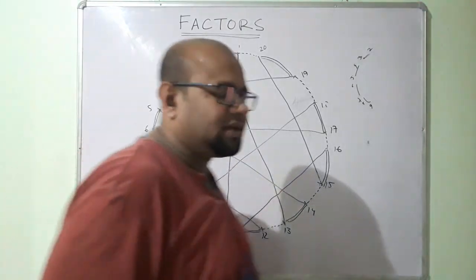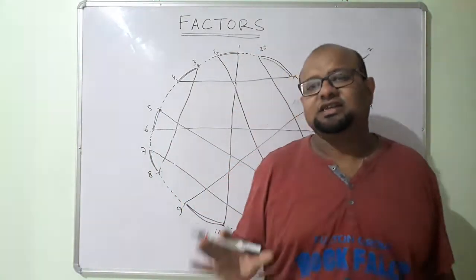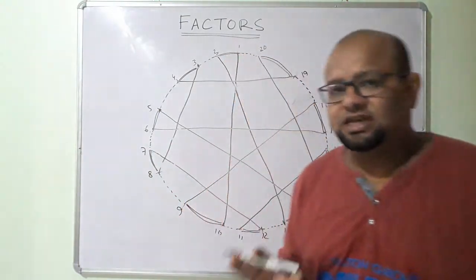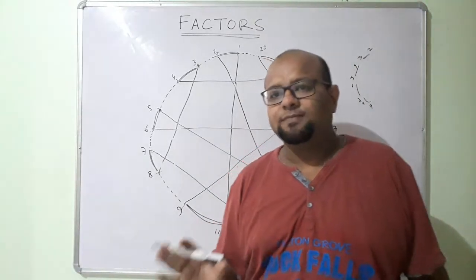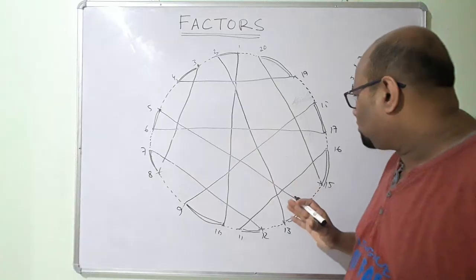Ignore the names that I'm saying, dash line, solid line, everything. This is just informal. There is no such thing as dashed edges or solid edges in graph theory. Just for our understanding I am using these terminologies.